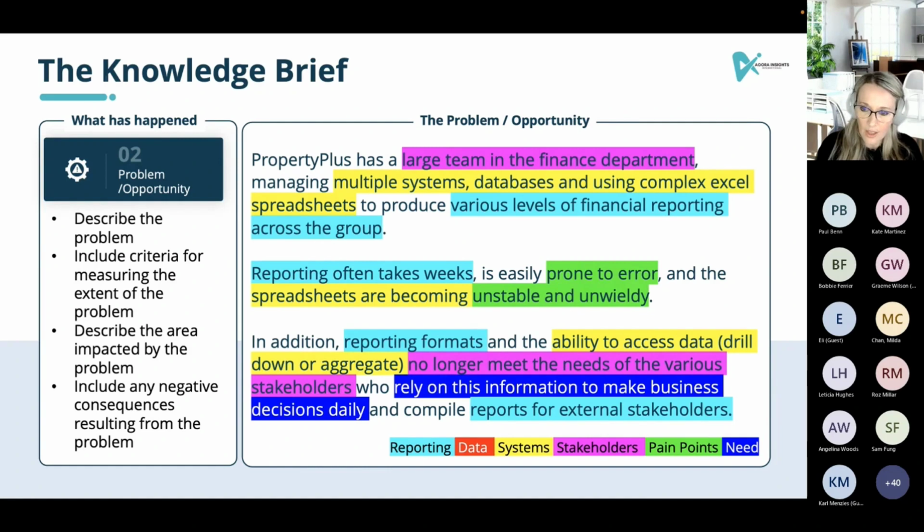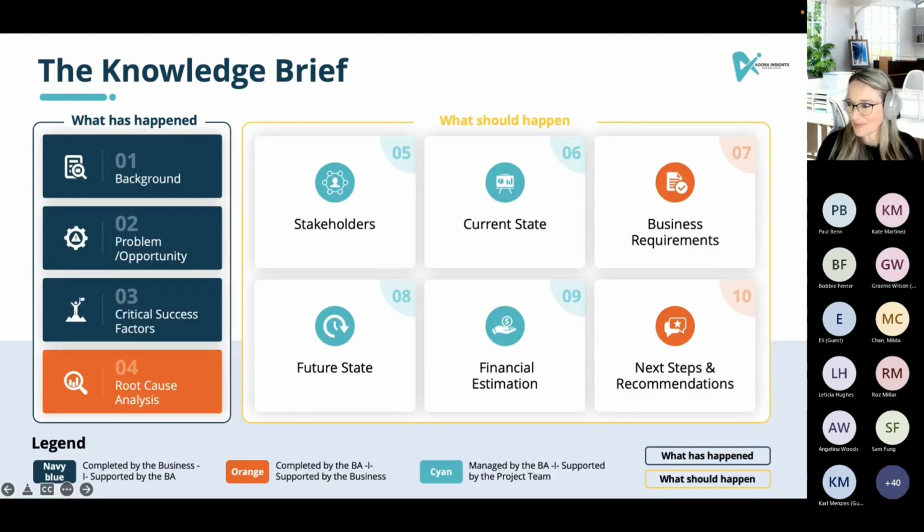Another thing I want to add is, as you go through your problem statement, you will be going back and looking at your background and saying, hang on, we raised a problem here, but we didn't bring in the context or the background. As I mentioned, this won't be a fixed thing that you do once and never update. You want to keep it short and simple. You don't want to write a novel. You want people to understand the information. Just think of it as a trailer of what the project might be.